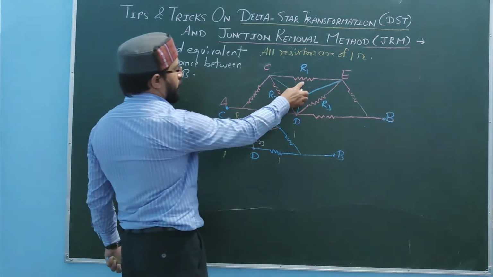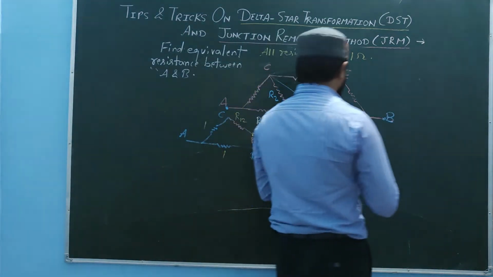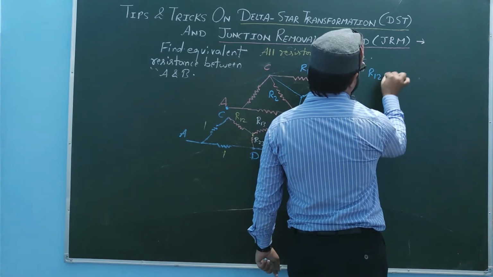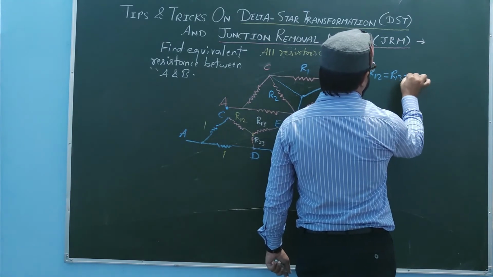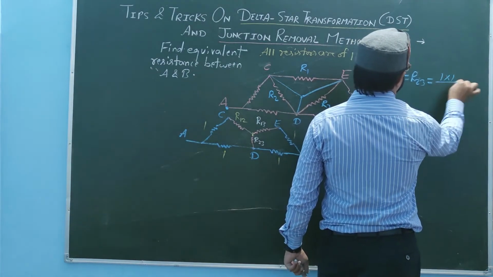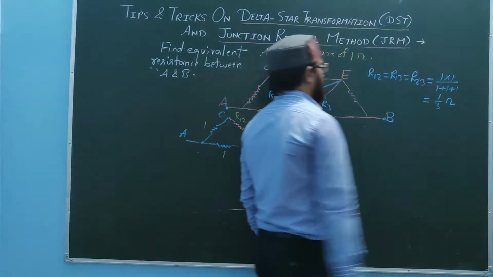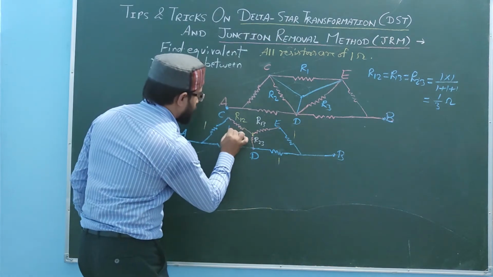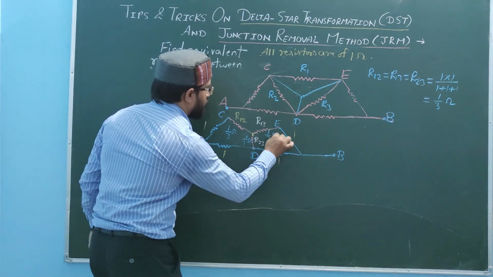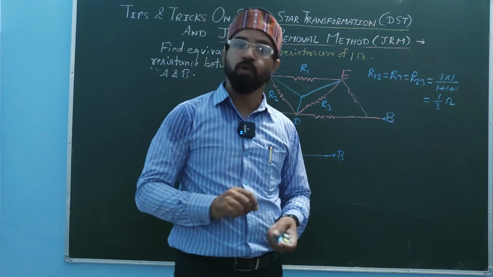So all are 1 1 1. Earlier they were, now they are not 1 1 1. We are going to use the formula of delta star transformation. All are 1 1 1. So 3 times we do not require to find out, 1 time only we will find out, and that would be our result. It is multiply both the resistances, 1 into 1, over addition of all. So it is easily 1 by 3 ohm. It means this is 1 by 3 ohm, this is also 1 by 3 ohm, it is also 1 by 3 ohm.